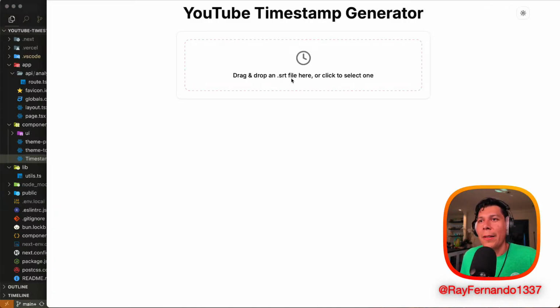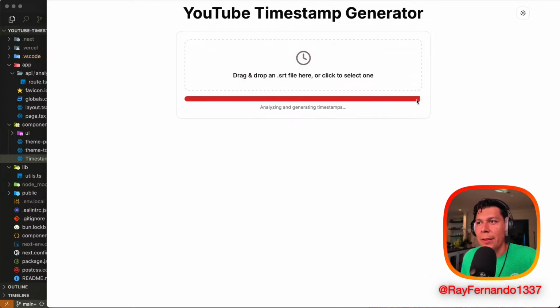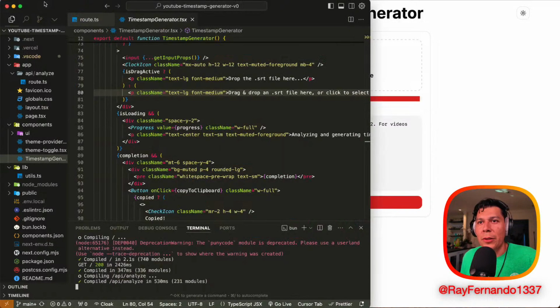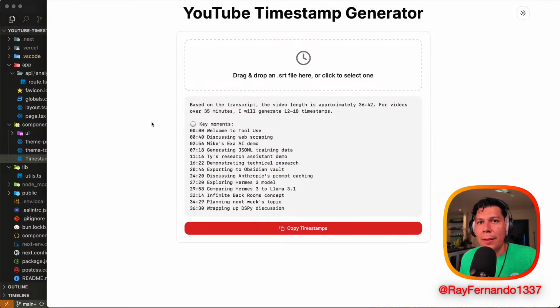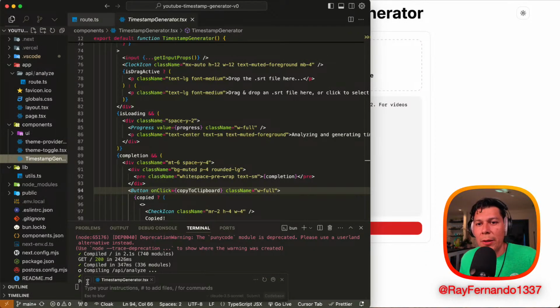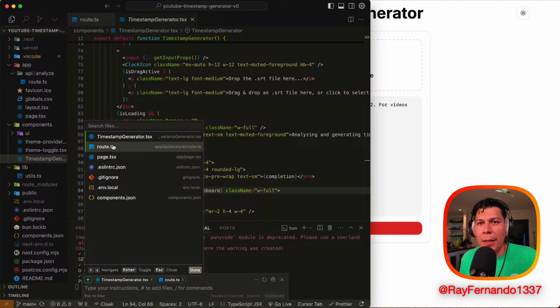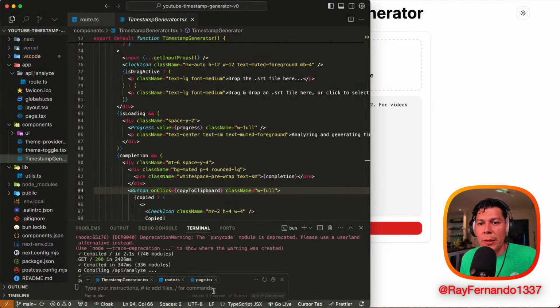Cool. And so what I could do is, when I was uploading the SRT file, I noticed there was an animation that was showing up, and the animation is kind of a little bit broken. You can kind of see here, it just does this little thing. So I want to see if I could just tell Cursor to fix that in interactive mode. So what I'm going to do is just hit Command I. I'm going to say, I think this is probably in my timestamp generator. And since I don't know, I think, yeah, the route is kind of where it deals with, maybe the page as well. So I'm just going to say